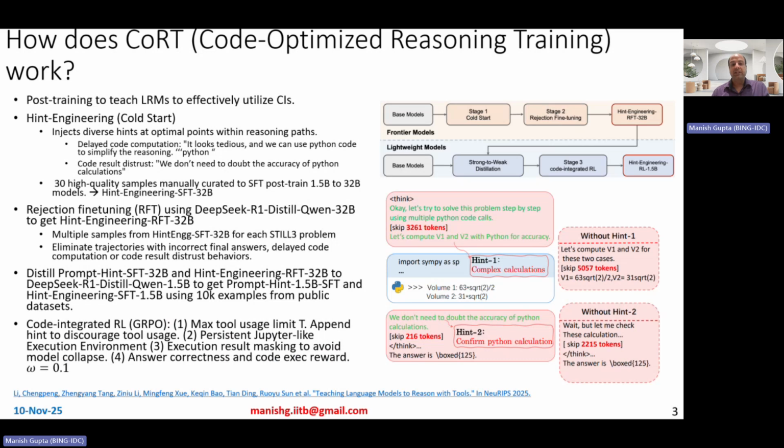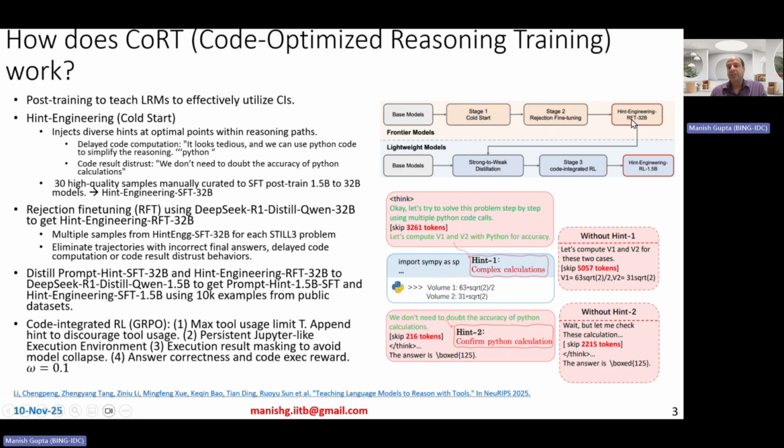The rejection fine tuning is actually performed on the original DeepSeek R1 distill Qwen 32 billion parameter model. The diagram is sort of confusing, so you should think about it as the base model also being used to perform stage two. However, the samples used to do rejection fine tuning are obtained from the stage one hint engineering SFT 32 billion parameter model. Once that is done, it gives you a hint engineered RFT'd 32 billion parameter model, where RFT